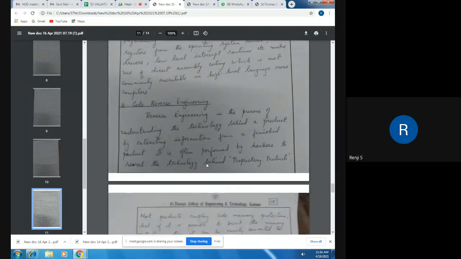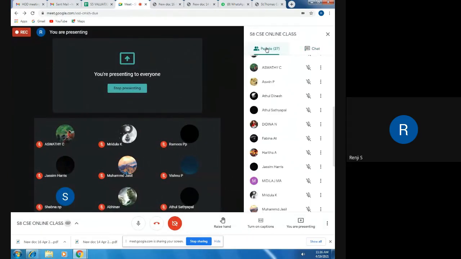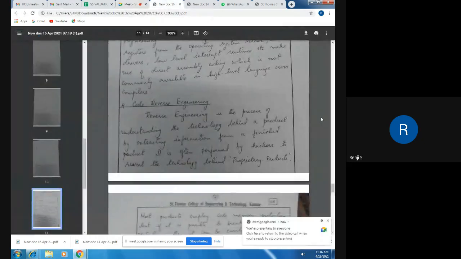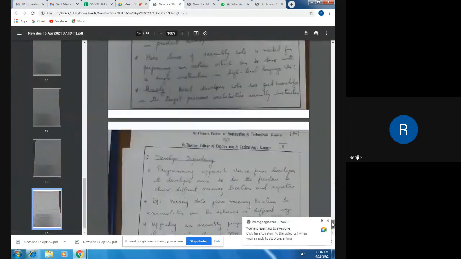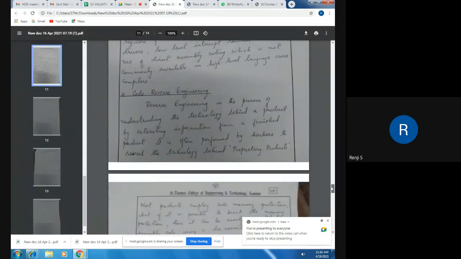The next is code reverse engineering. Now, what is reverse engineering? You might have studied reverse engineering in software engineering. Have you heard of the term reverse engineering?